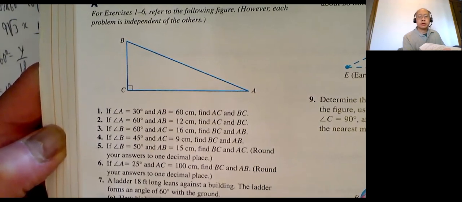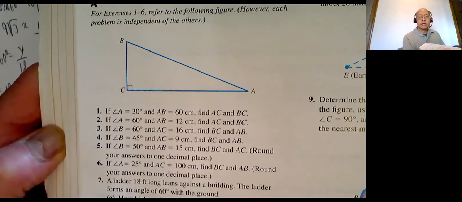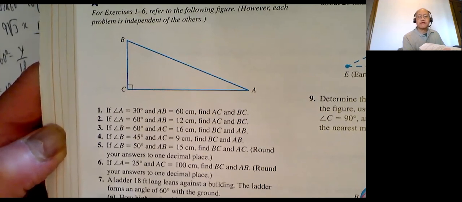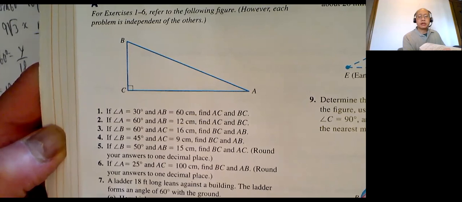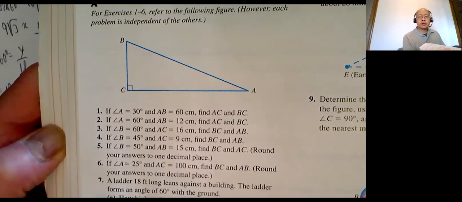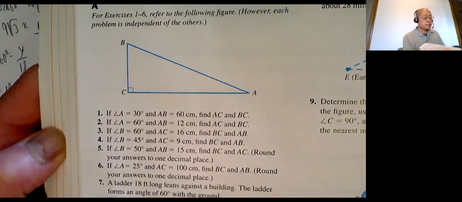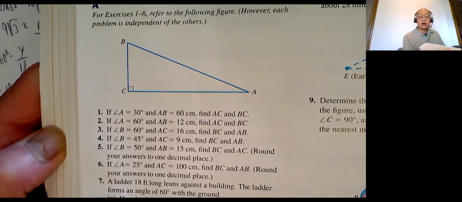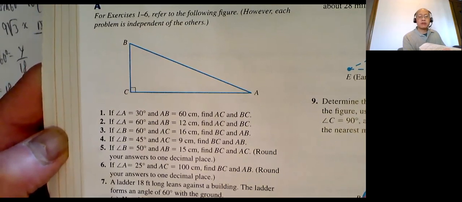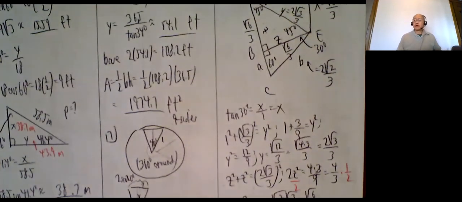Okay, so again, number 2, angle A is 60 degrees, AB is 12 centimeters. Find AC and BC. For square root, you can put SQRT. Okay, I'll assume that you have it right now, so I'll make this disappear. So work on that for a while, and I'll